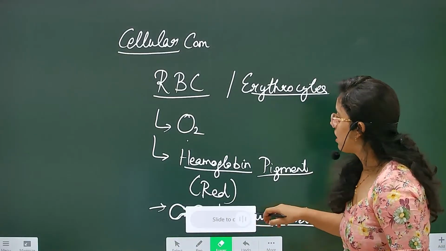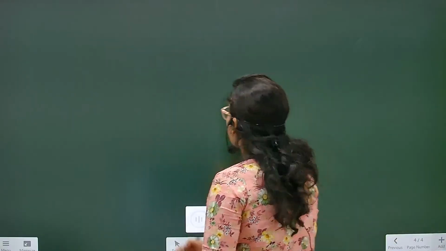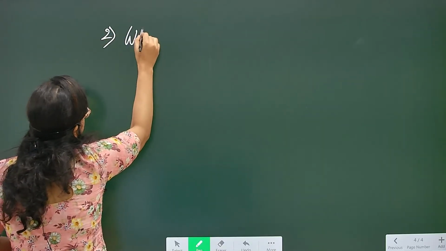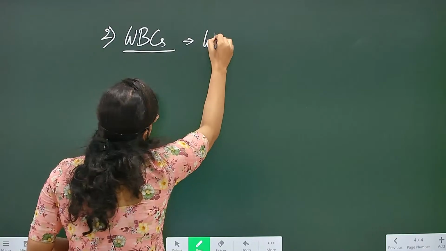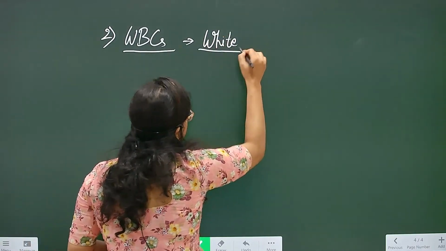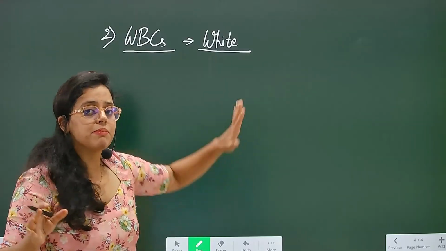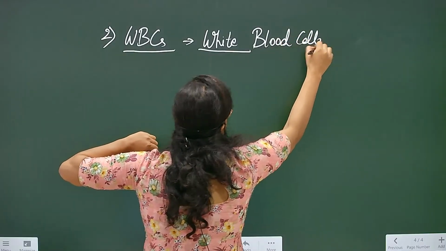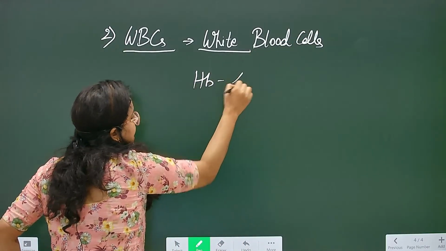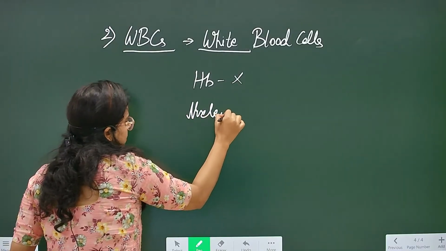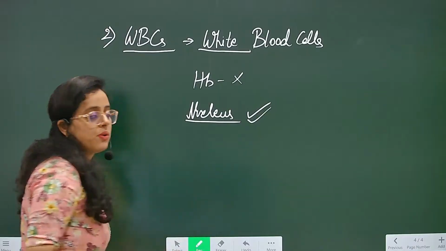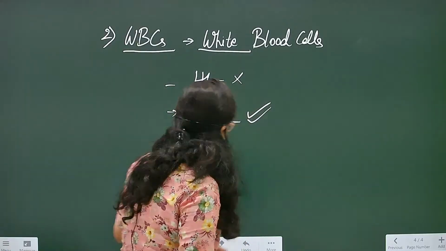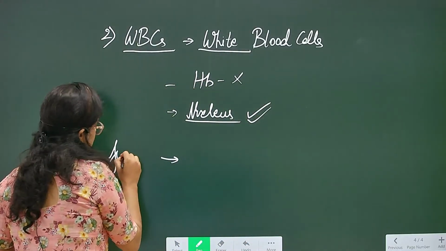Now we have learnt about another component of cellular components, that is WBCs. WBCs are white blood cells. They don't have hemoglobin pigment. As a result, they appear to be white in color. They don't have hemoglobin, but they have a nucleus. And what is the function? The main function of the